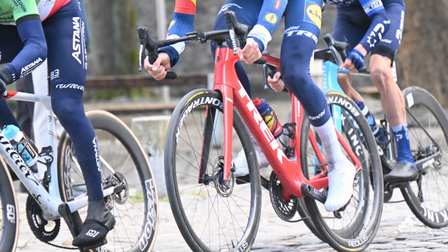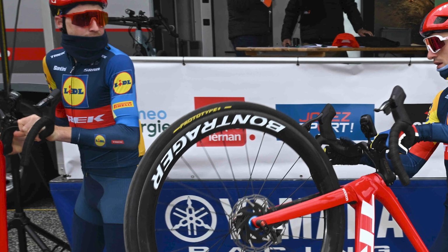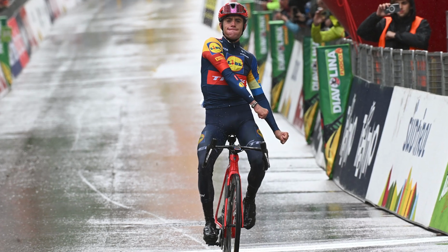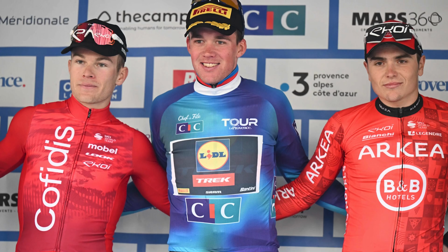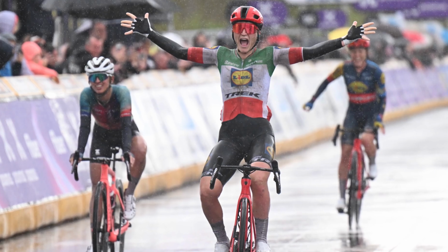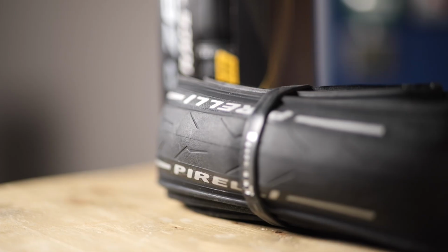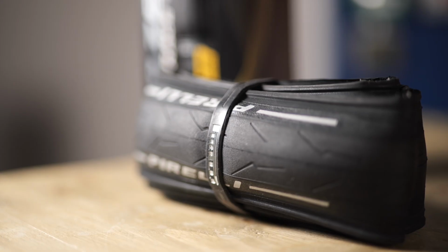women's pro teams. But what you may not know is that it's amassed 71 podiums already, of which 27 have been victories, including the Tour of the Alps, Ghent-Wevelgem, the Tour de la Provence, and the Tour of Flanders Women. However, Pirelli's engineers tell me that the actual finished tyre we have here is actually slightly faster than that prototype